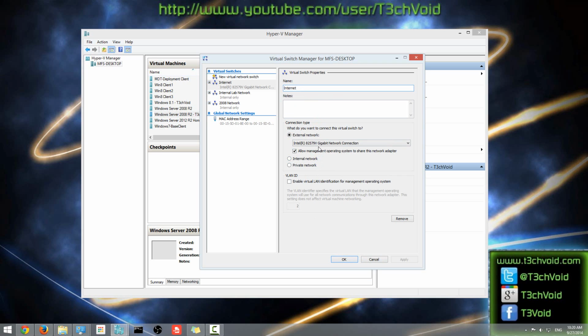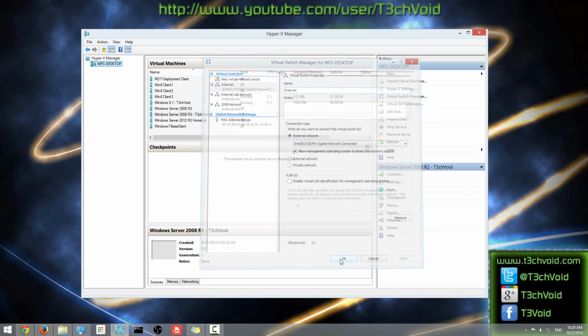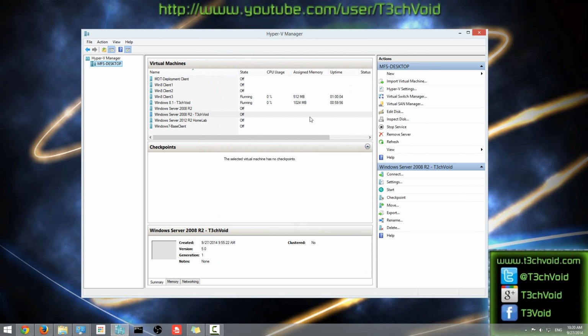So here, assume this is the creation that we made. After you hit apply, then you click OK. And once you've made your switch, you want to go to your virtual machine and specify which network adapter you want to use. So we'll go to our virtual machine, right click it, go to settings,